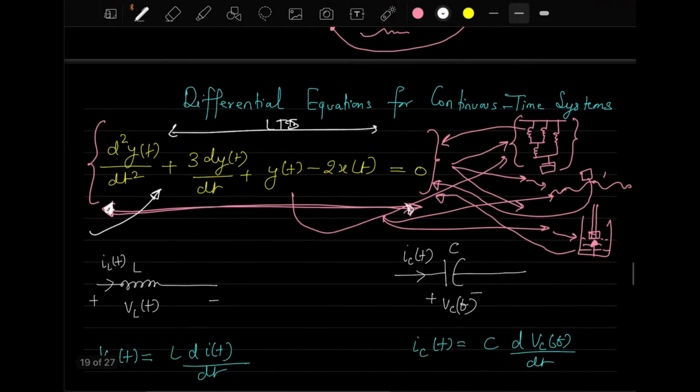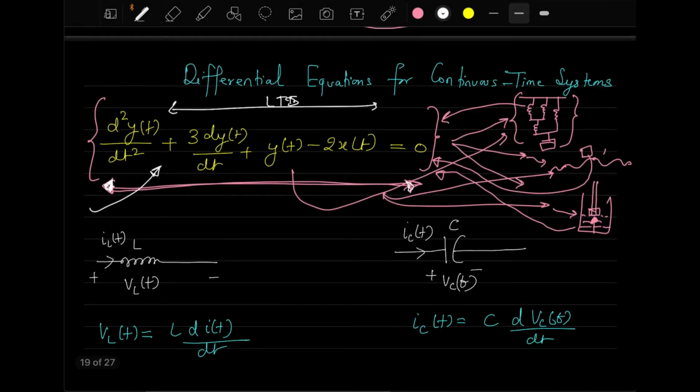Okay. So let's see what we can do now. What we will be doing in this course is giving you a few examples of one of the categories here. I will not be dealing with any mechanical, fluid mechanics or car type of example. What I will take is simple circuit examples. So maybe this differential equation is satisfied by some circuit theory architecture, like maybe R, L, C or something like this. We will see that.